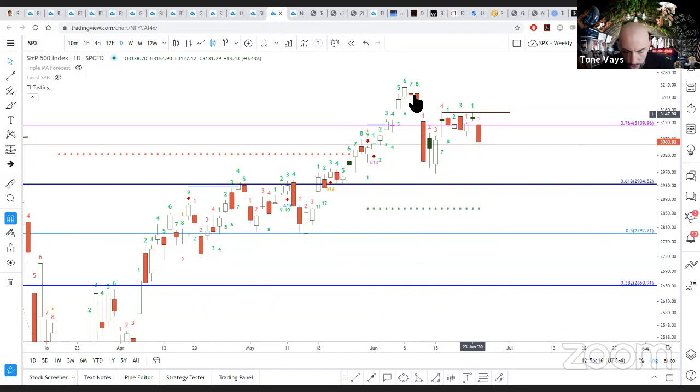My short trade was initially entered up here. I was supposed to take my profit right here, right at the low. And the reason I'm saying I was supposed to take my profit right here at the low is because after I took on that trade, I tweeted out my plan, and the place where I said I was going to take my profit was going to be 29.50.